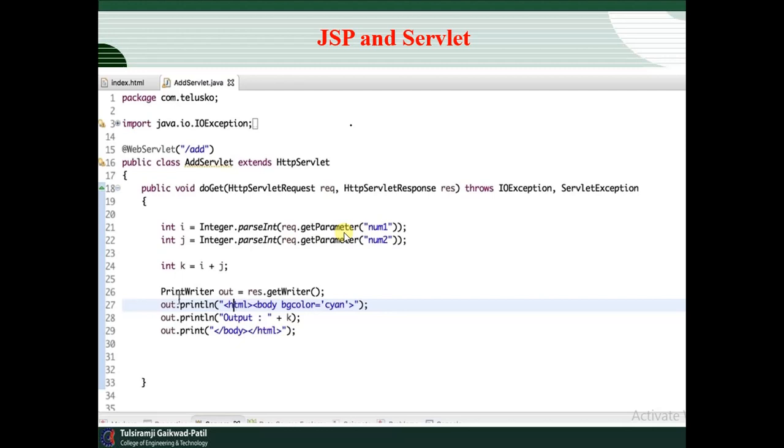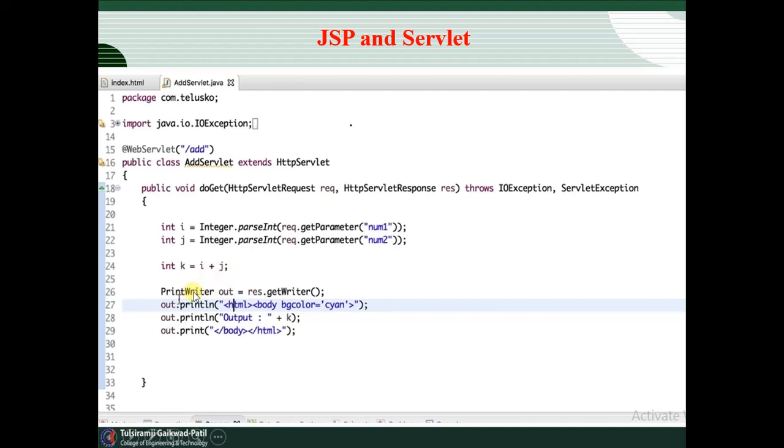How will it get it? Through req.getParameter, where we take the number. For the second value, again we require Integer.parseInt(req.getParameter) with num2, and it is stored in the j variable. Now we need to perform the addition of the two numbers dynamically: k equals i plus j.